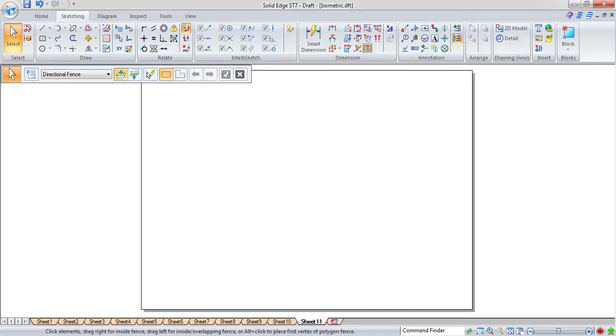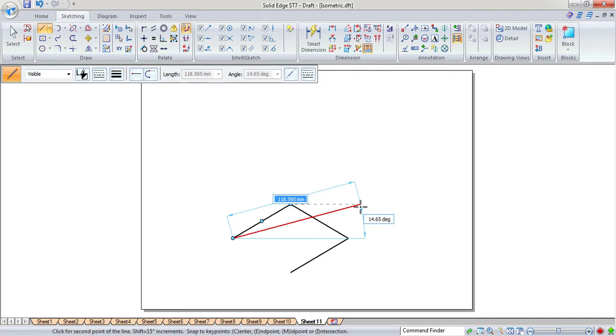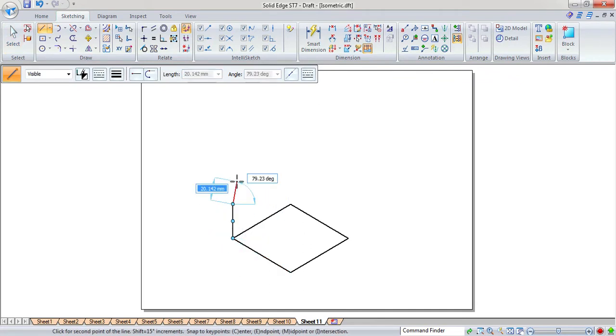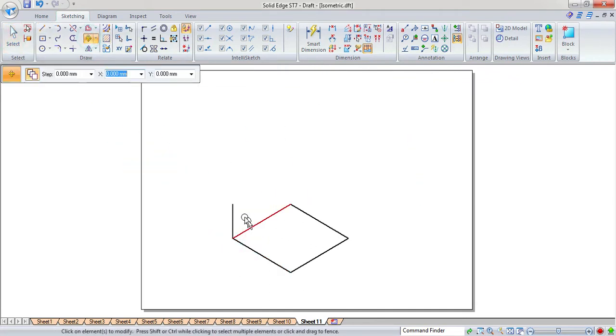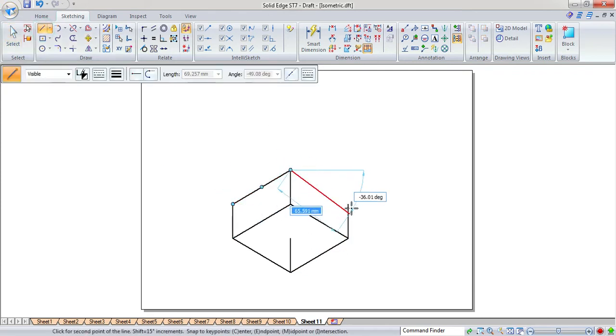As usual, first open the Solid Edge software and set the sheet to A4 size. Here we first need to construct the square prism, which has a side of 60. So 60 30, then again 60 150, 60 minus 150, and finally 60 minus 30. After that, draw the height of the prism, which is given as 30 in this problem. Again go for the move, select this line, select the point you want to move from, and keep placing it at the remaining three corners. Then you can connect the top face of the prism.